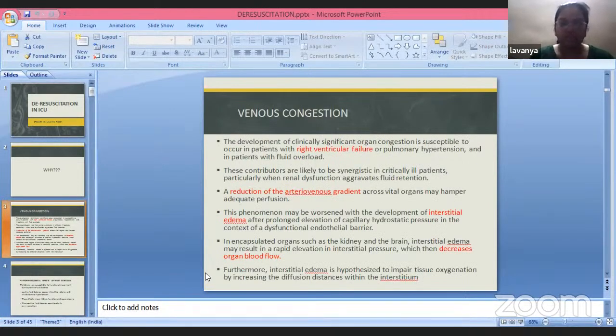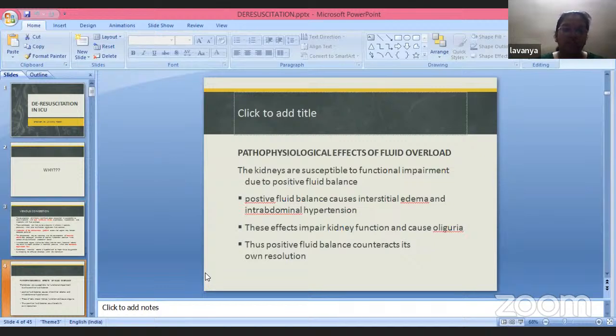So basically, because of the interstitial edema, there is an increase in the interstitial pressure, and it decreases the organ perfusion and blood flow further. Also, the interstitial edema will lead to impaired tissue oxygenation, because that increases the diffusion distance for the oxygen. So that is why the most common organ that gets a hit